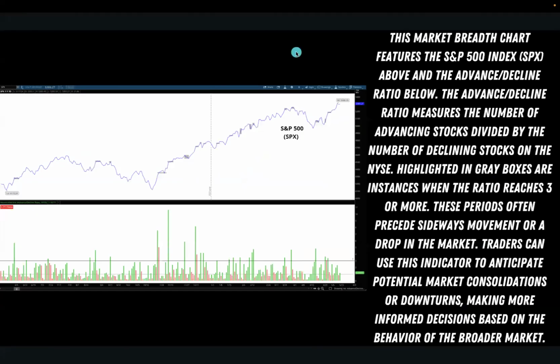Now, this measures market breadth, and this market breadth chart features the S&P 500 index above, on our SPX, and the advanced decline ratio below. The advanced decline ratio measures the number of advancing stocks divided by the number of declining stocks on the New York Stock Exchange. Highlighted in gray boxes are instances when the ratio reaches 3 or more. These periods often precede sideways movement or a drop in the market. Traders can use this indicator to anticipate potential market consolidations or downturns, making more informed decisions based on the behavior